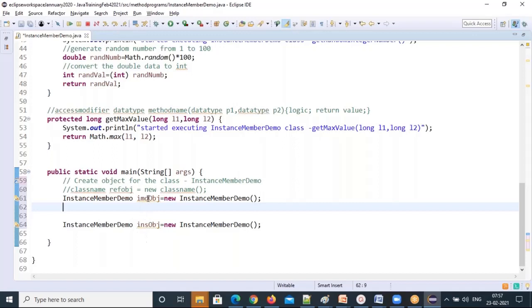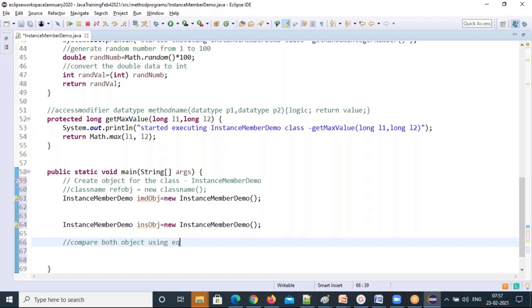If anybody asks you, is that the same? They will ask you a question like that, so they'll just compare both objects. How can you compare? Compare both objects using the equals method from the built-in Object class. The Object class has a built-in method, that is the equals method. The equals method is used to compare two objects. Any two objects you can compare. Or you can use double equal, because both are integer numbers, right? Then you can use double equal too.